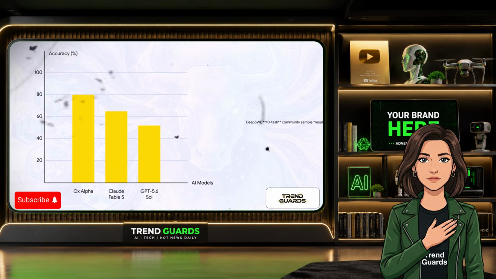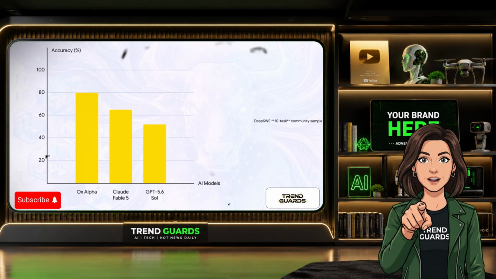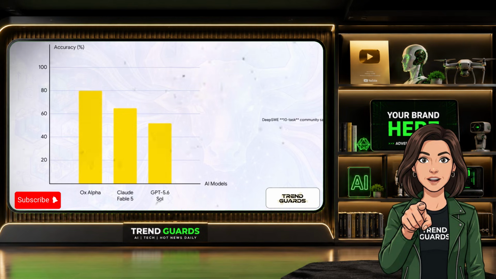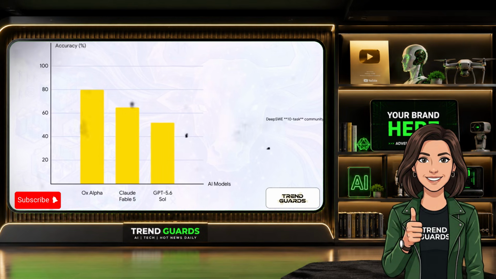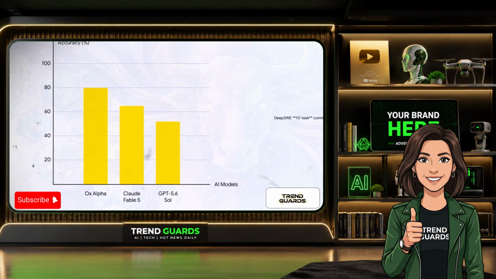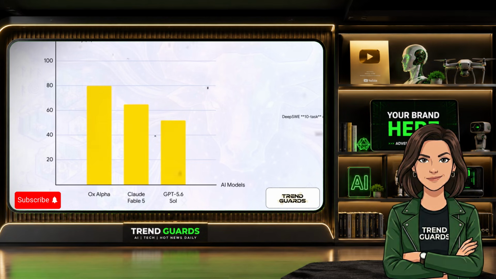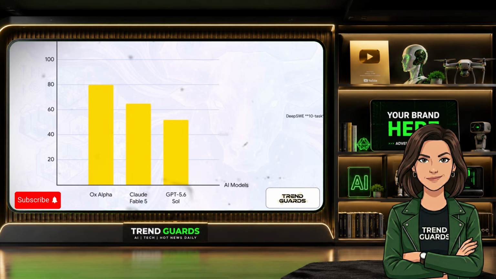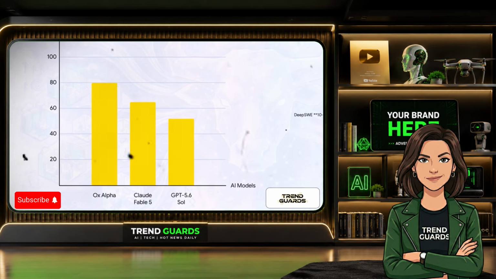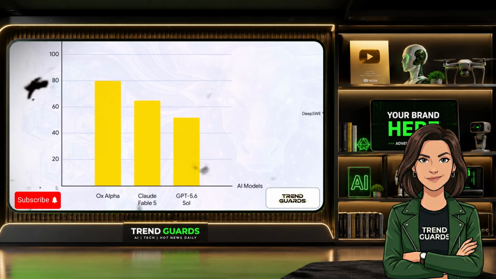Okay, so the internet basically caught on fire when developer Ben Davis ran an initial test using the DeepSWE software engineering benchmark. And if you know DeepSWE, you know it's one of the most grueling coding benchmarks that exist. His results? Well, Ox Alpha scored an 80% on the first pass. This reportedly placed it significantly ahead of Anthropic's Claude Fable 5, which sat at 65%, and OpenAI's GPT-5.6 Sol at 52%. Other community reports started echoing this, placing the stealth model above that 80% mark. If these numbers were absolute, Ox Alpha wouldn't just be competing with the frontier, it would literally be crushing the